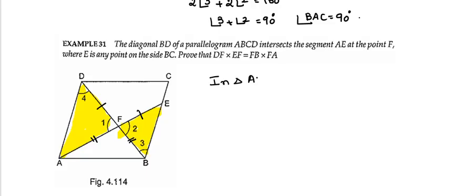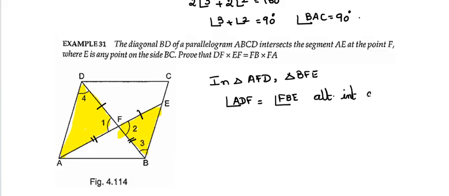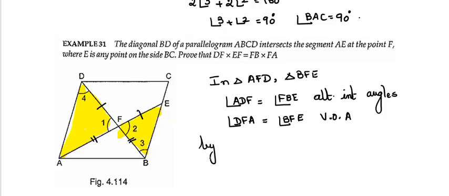In triangle AFD, comma, triangle BFE, angle ADF is equal to angle FBE, alternate interior angles. And angle DFA is equal to angle BFE, vertically opposite angle, by AA similarity. Triangle AFD,